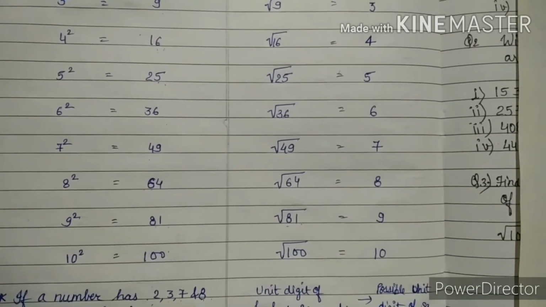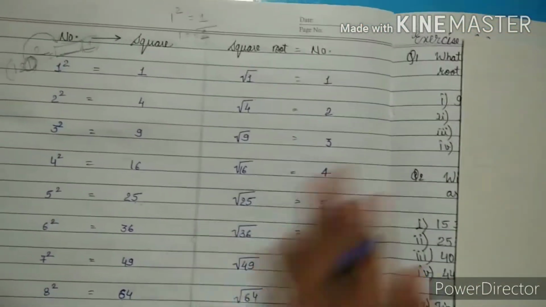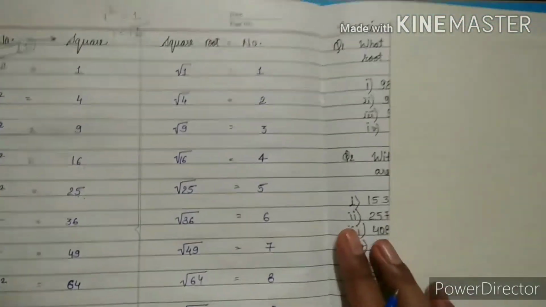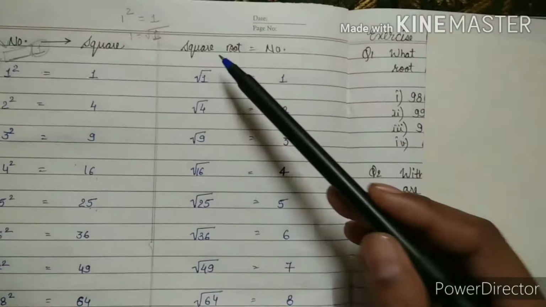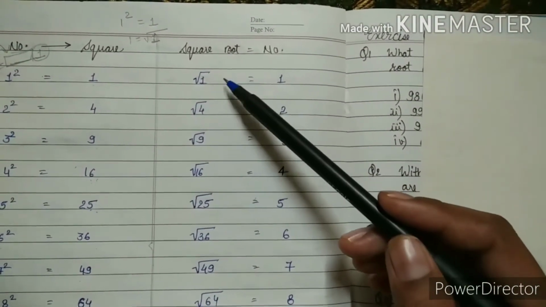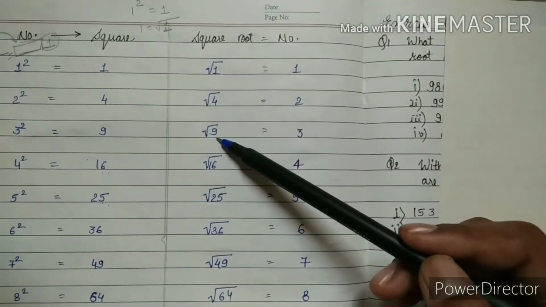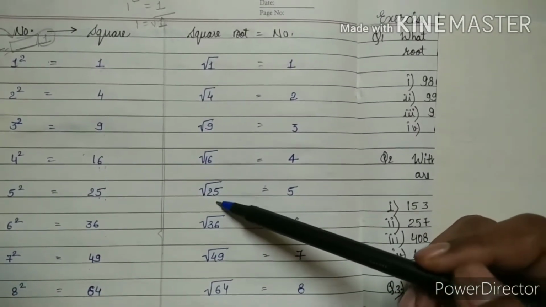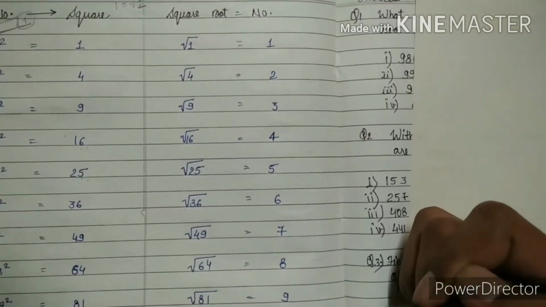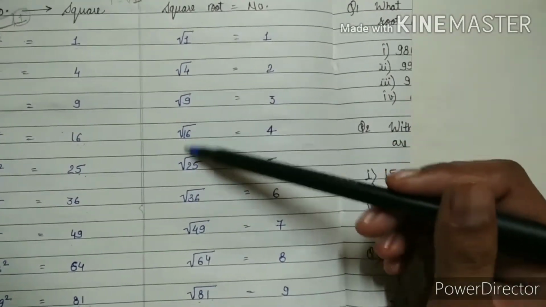Now this is the square root and its number. This is basically related to 6.3. As you can see, here we have square roots with numbers on the unit place like 1, 4, 9, 6, 5, 6, 9, 4, 1, 0. We just saw the unit places of the under root values.